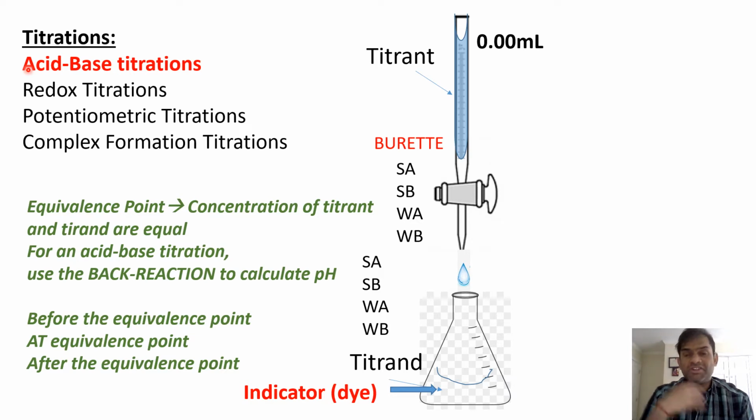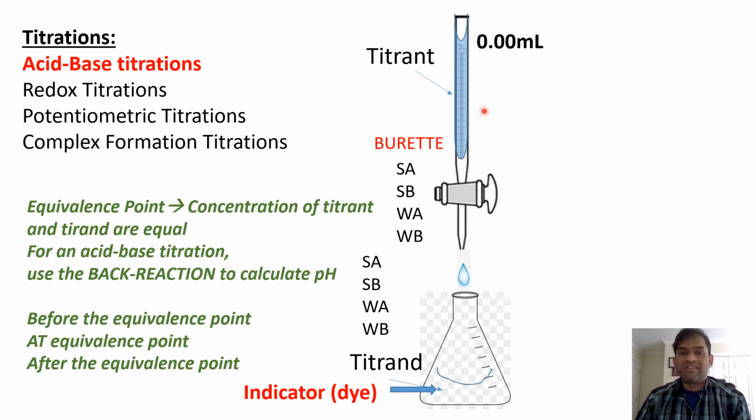And so the titration involves a burette, which is a long, slender piece of glassware. We usually read the burette to 2 decimal places, and I like to fill it up to 0.00 so that